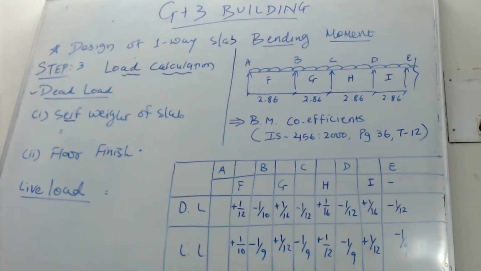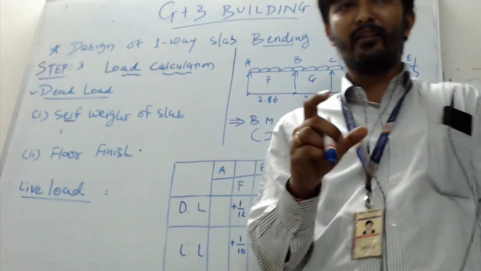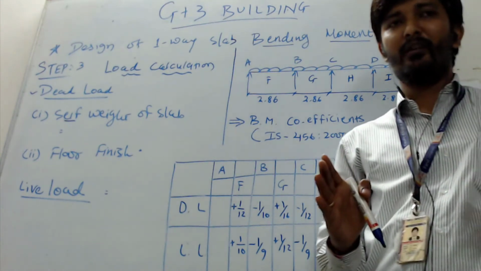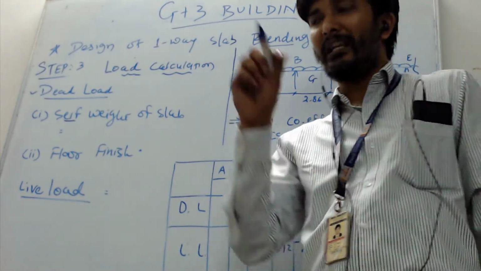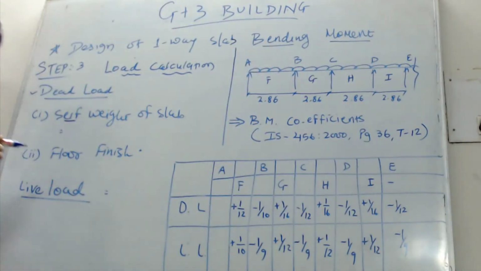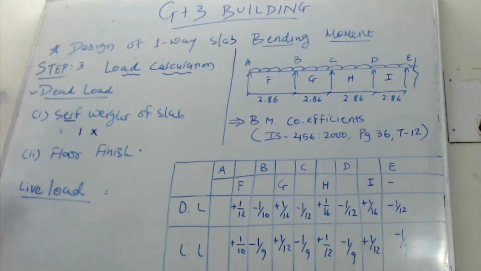One more thing you need to consider here is whenever we are doing the design of a slab, we are going to do the design for a 1 meter strip. So area of a 1 meter slab we are considering here. So length multiplied by depth. Length is 1 meter multiplied by the overall depth of our slab, capital D, that we calculated in the first step. So capital D was I think 115 mm.